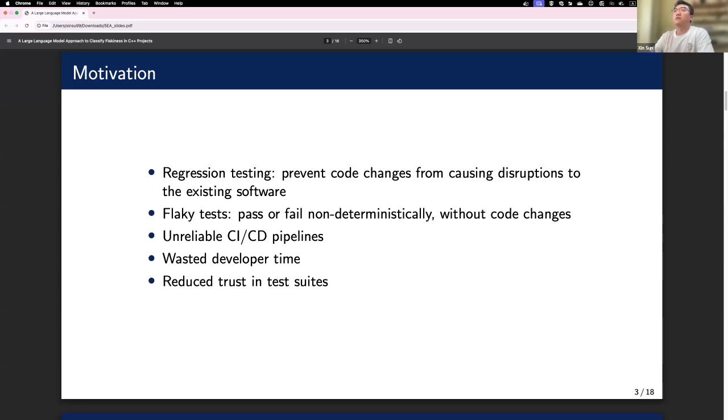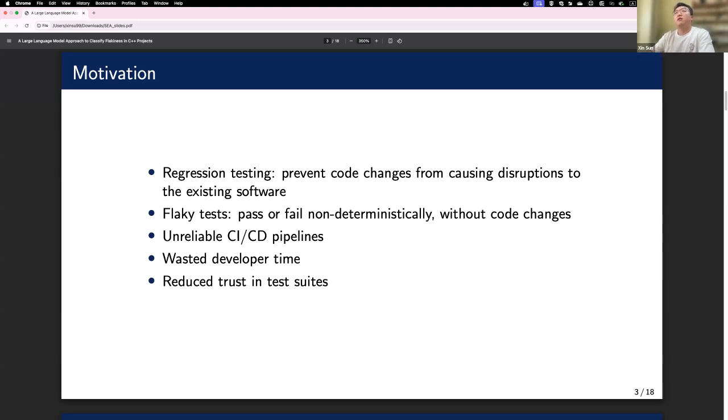This is typically done through automated test suites, which act as a safety net. However, not all test failures indicate real problems. Sometimes tests fail or pass in a non-deterministic way, even though the codebase itself hasn't changed. These are known as flaky tests.